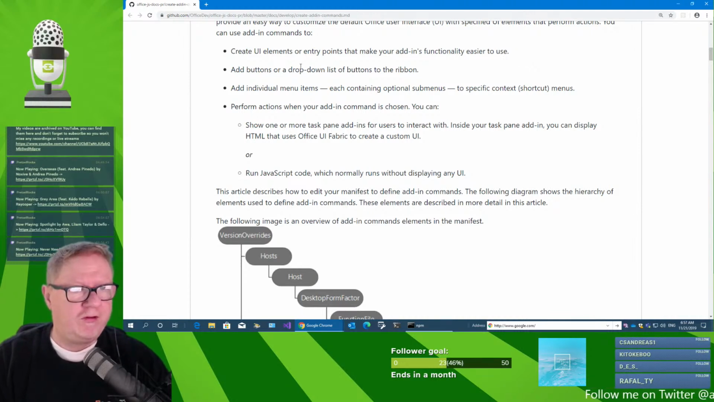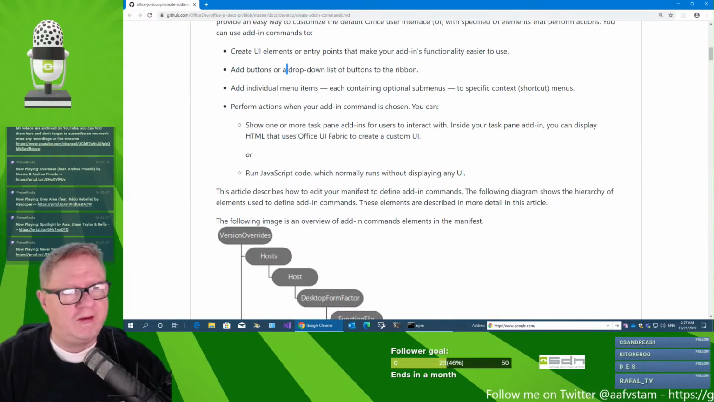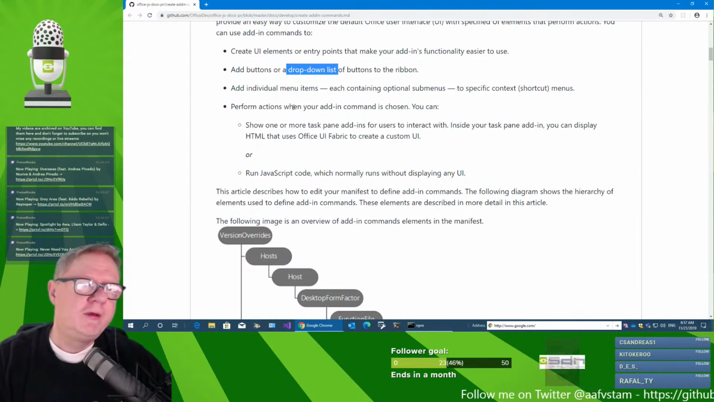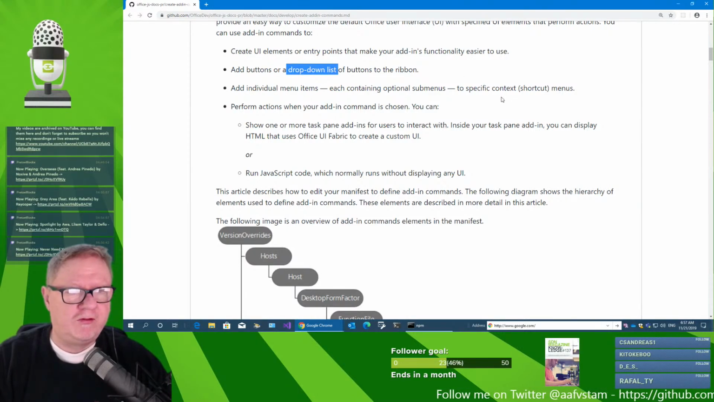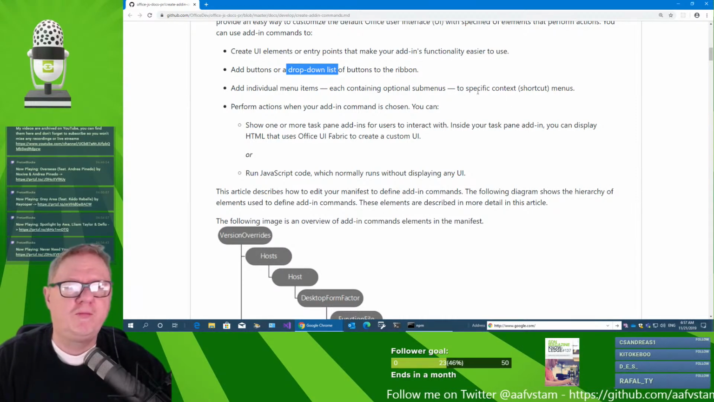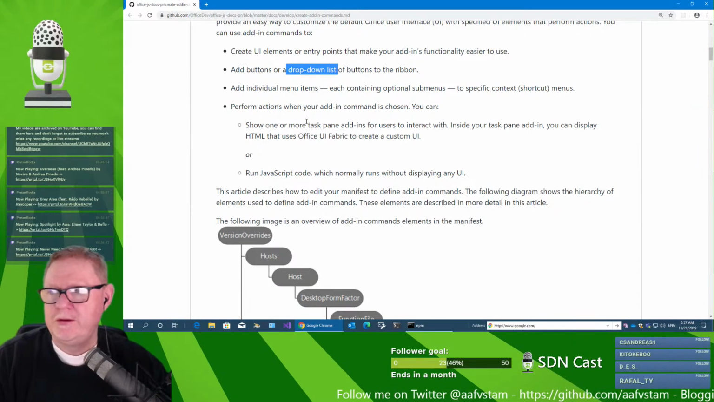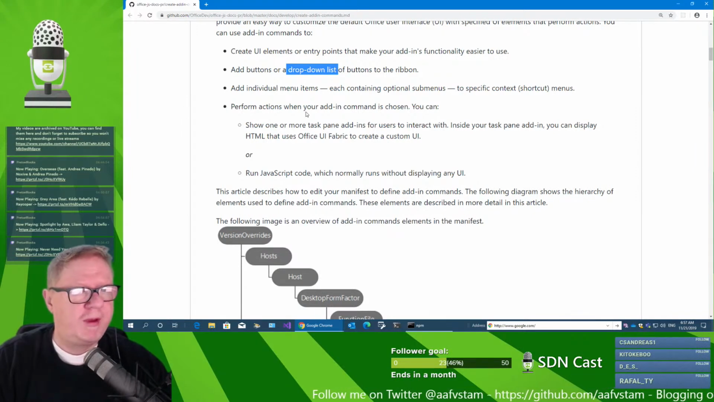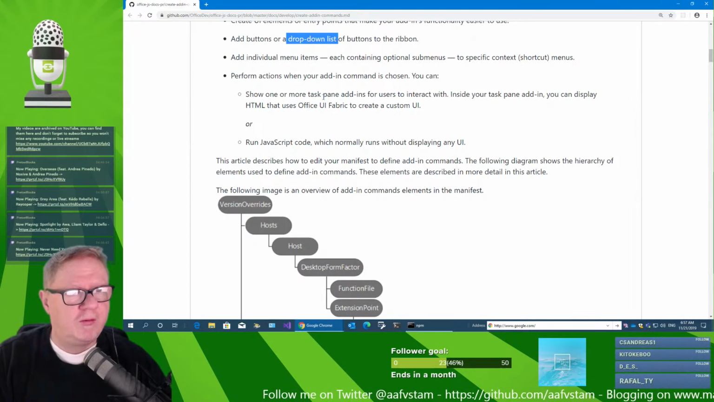Yeah, that's obvious because you're adding buttons, drop-down lists of buttons to the ribbon. It's kind of limited, buttons and drop-down lists only, maybe. Add individual menu items, each containing optional submenus, specific context shortcut menus like the right click, I think. Perform actions when your add-in command is chosen. Show one or more task pane add-ins for